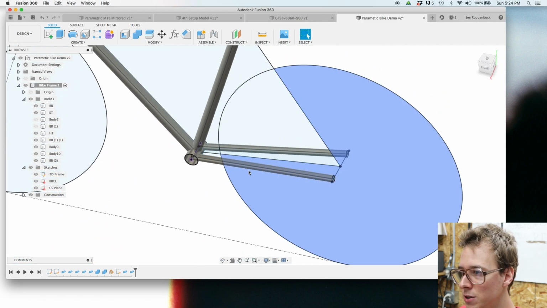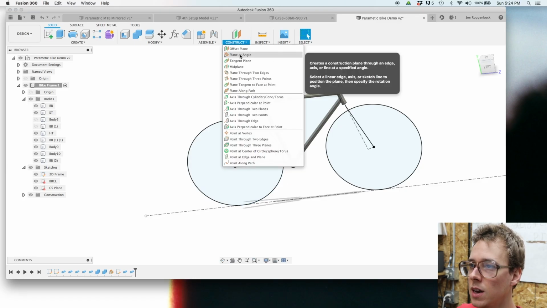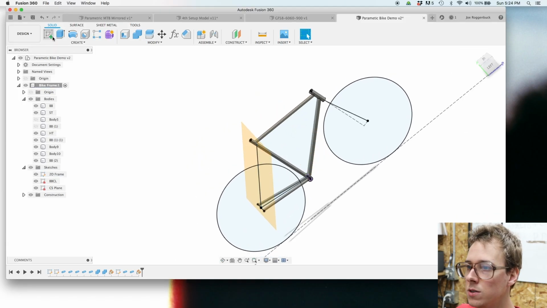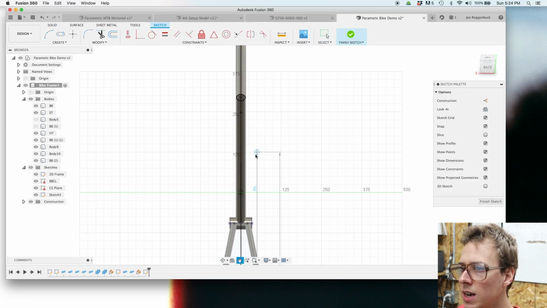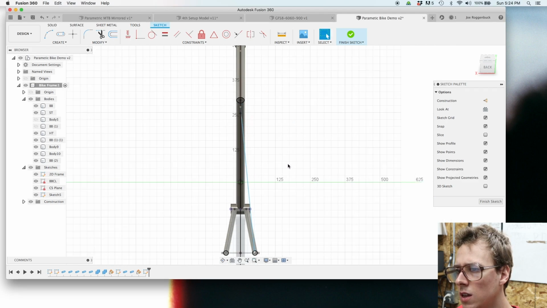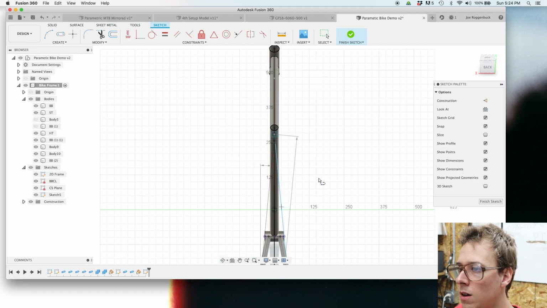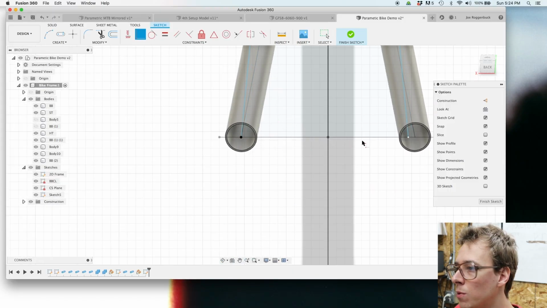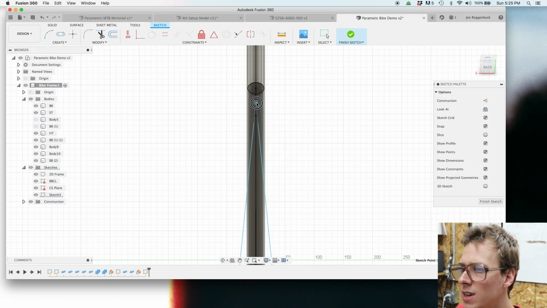Again, that's not really how you do chainstays. This is just sort of a simple mock-up to give you an idea. Same thing again. I'll build another construction plane at angle. I'm gonna click that line and click OK. New sketch. Click on that plane, and now we'll do a line again, and we'll go from that endpoint of the chainstays up to somewhere on this seat tube here. That's not really how they do seat stays on traditional road bikes, but this is all just to illustrate the principles at play. I'm going to make this point coincident with that point, this point coincident with that point. These have moved. I suppose they were never really tied to the seat tube, so